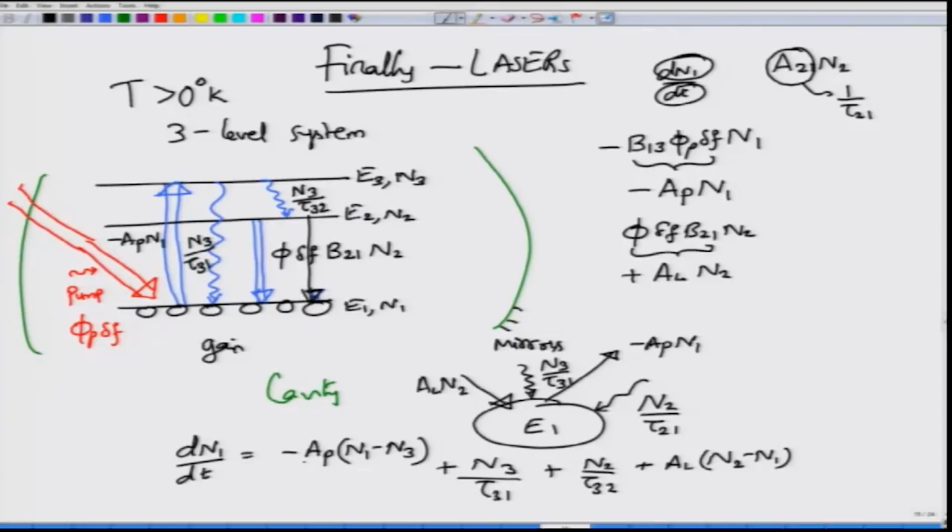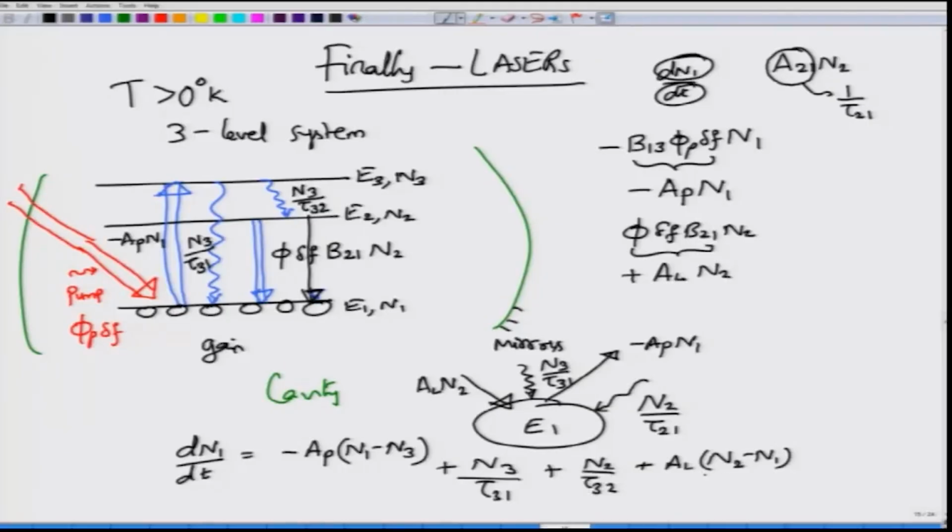AP stands for the pump absorption. In the normal case N3 will be much smaller than N1, and of course this is what equilibrium actually tells you, that N3 is much smaller than N1. Therefore, the effective change at the level N1 is given by minus AP times N1 minus N3. However, spontaneous emission does not depend on N1 when you look at spontaneous emission from E3 to E1. So this is just N3 by tau 31, similarly N2 by tau 32, but for the